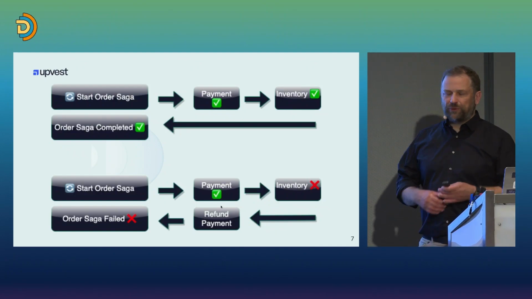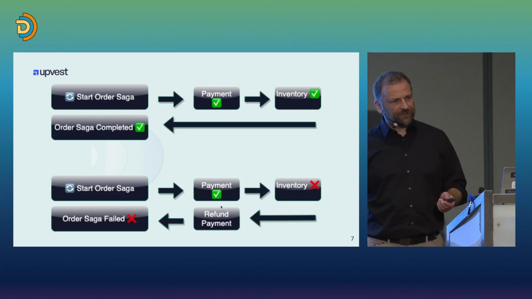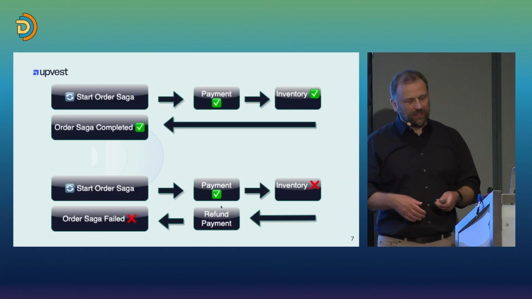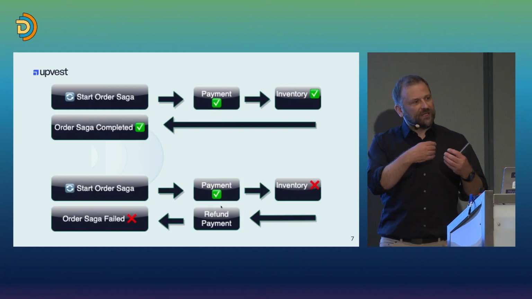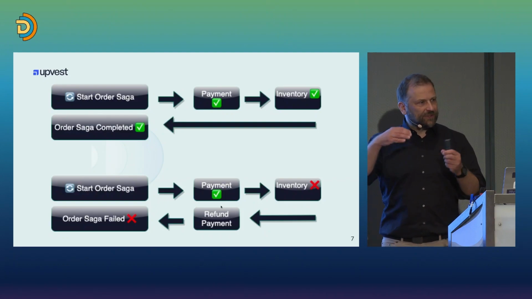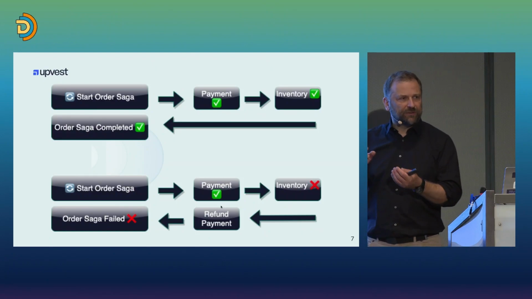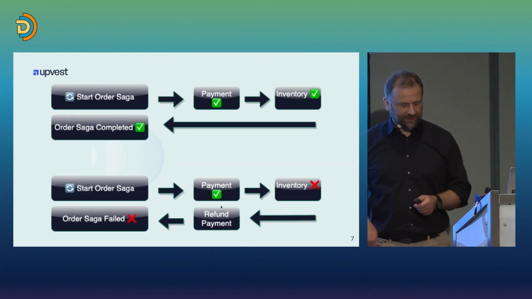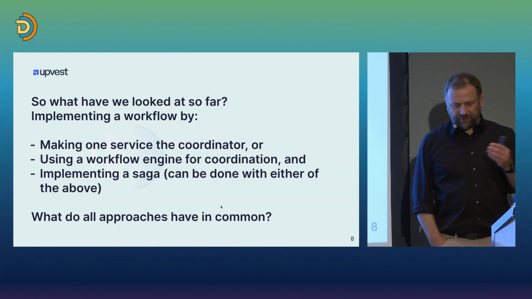It's really about for each action that you do in your process, you have a compensating action. And if something in your process fails, you can go back to all the other steps that you've already executed and do the compensating action. And by this, return to the initial state. You could say this is kind of a spiritual successor of distributed transactions, right? It gives you this all or nothing, but it accepts temporary inconsistencies. But in the end, when the saga is either completed or failed, you should be back to a consistent state. So, keeping your event-driven architecture sane.